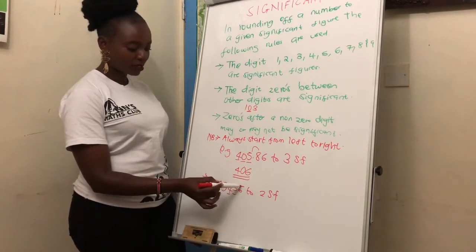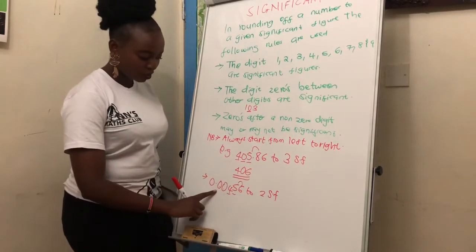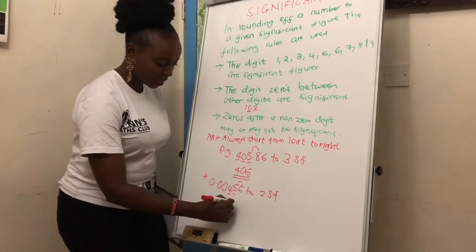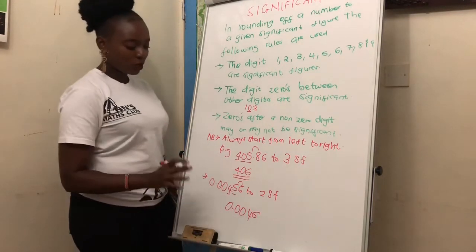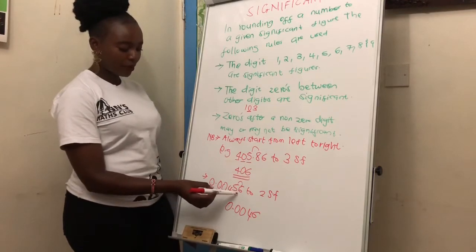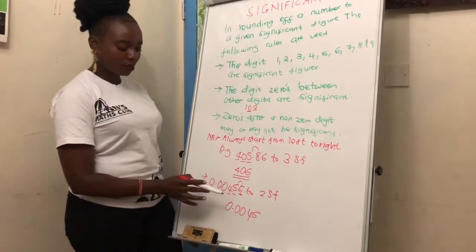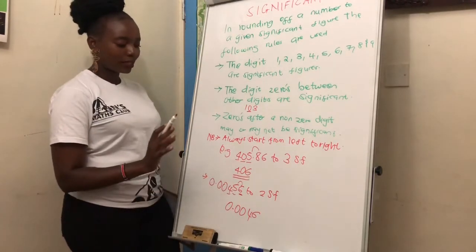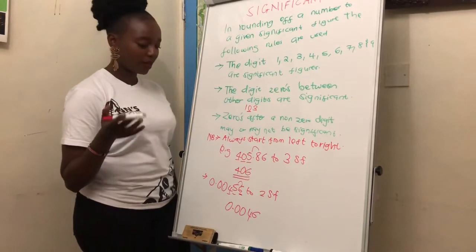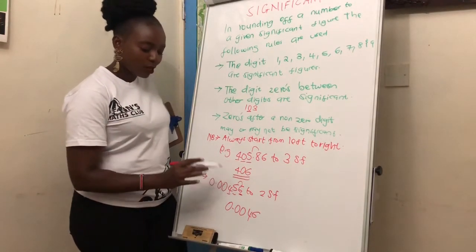Remember, 6 is above 5, so you carry 1. So your answer, you shouldn't change this question, it will just remain at 0.0046. What only changes is after you've carried 1, the change only happens here, so it remains at 0.0046. So I think the things that you need to know in significant figures, one, you shouldn't change the question,